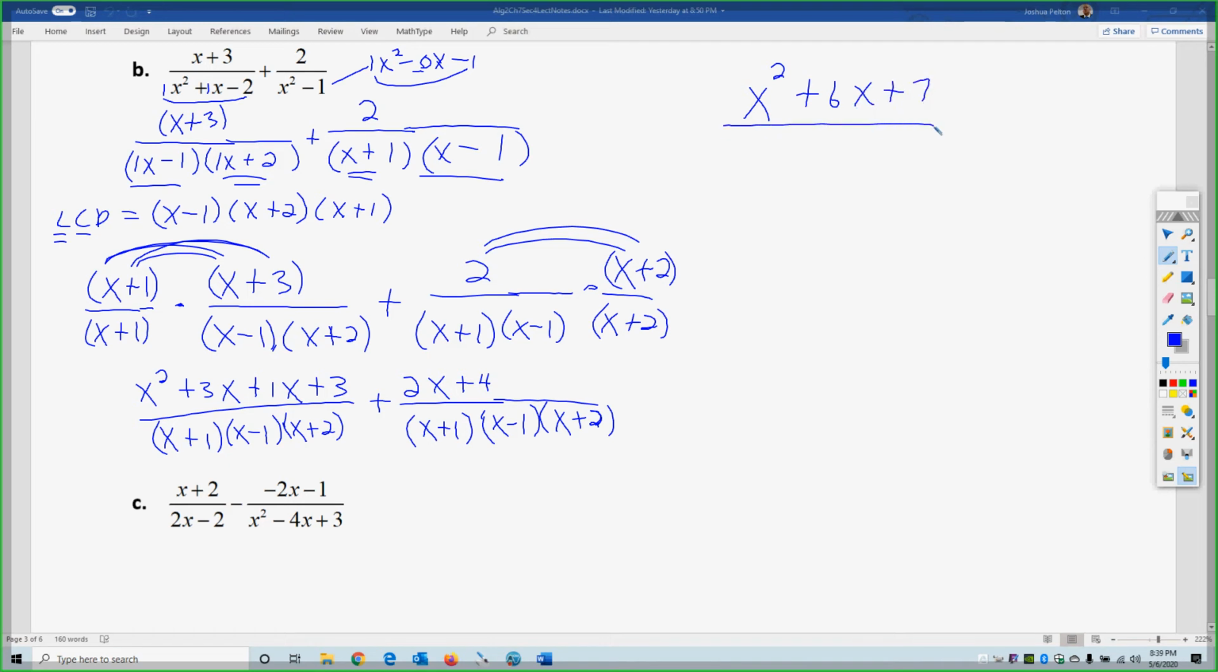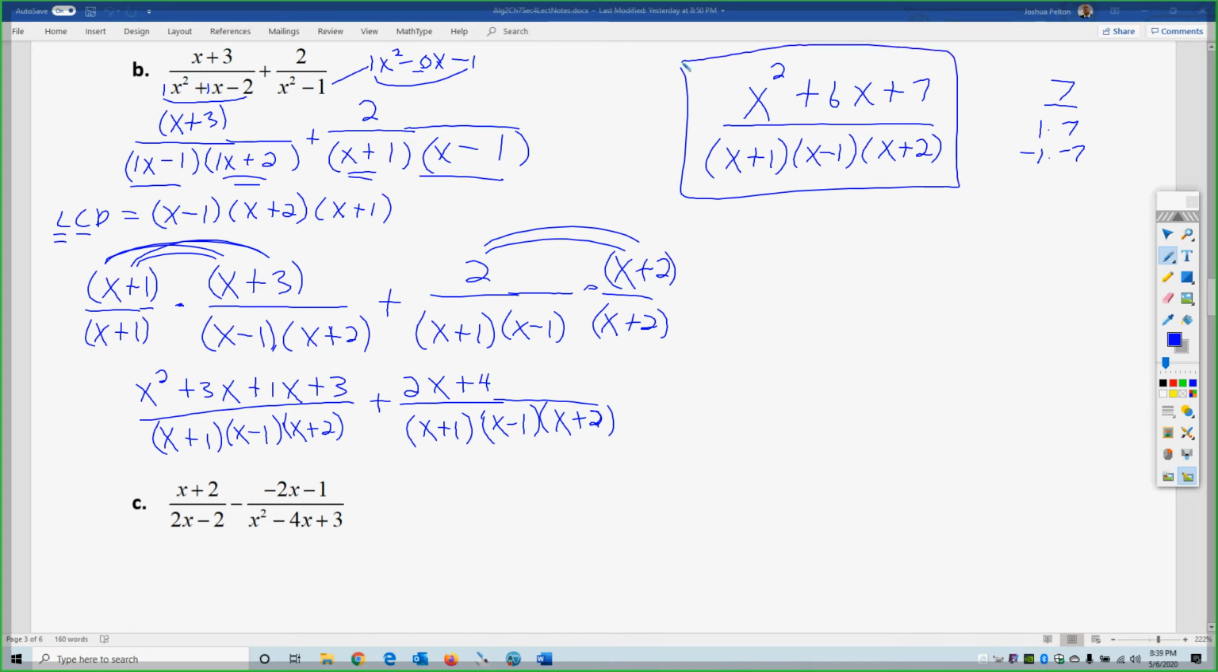Plus 7 over the common denominator, which is x plus 1, x minus 1, and x plus 2. Okay? And always check to see if the numerator will in fact factor. So 1 times 7 is 7, which is 1 times 7 or negative 1 times negative 7. Neither one of those add to 6, so that is as far as you're going to be able to go there. So that is in fact your simplified expression in this case, where x cannot equal 1, negative